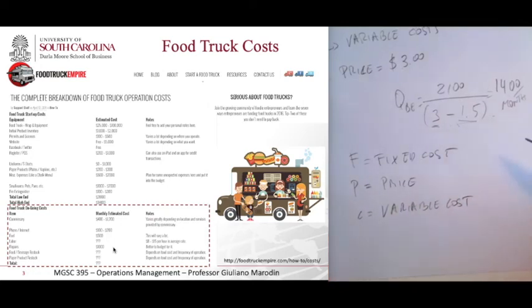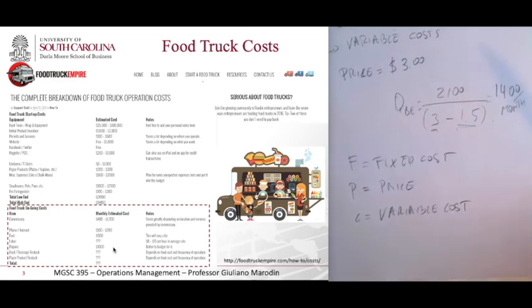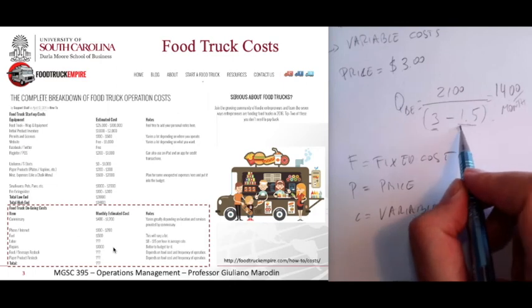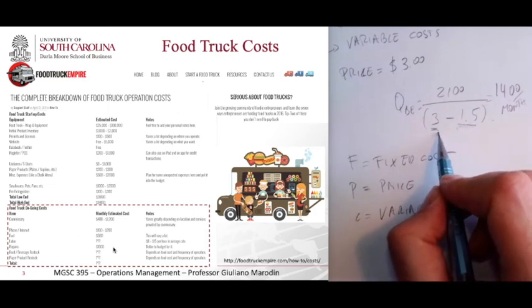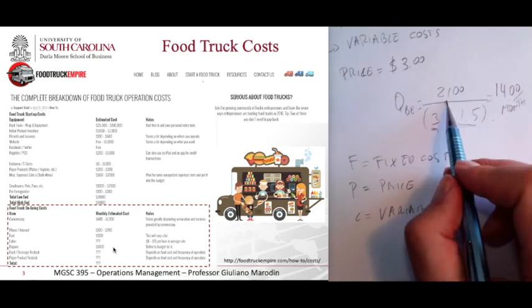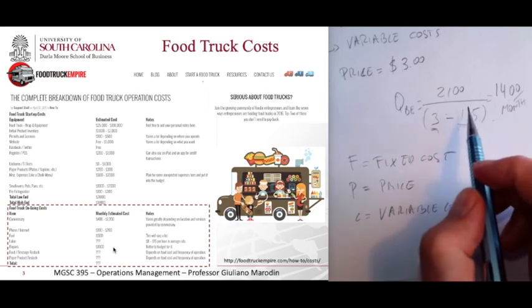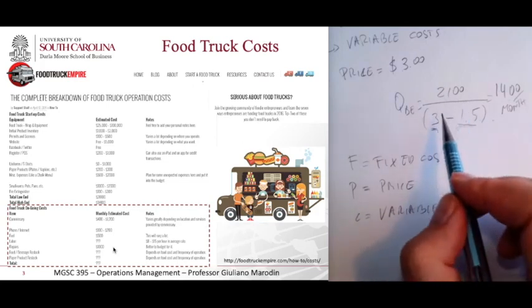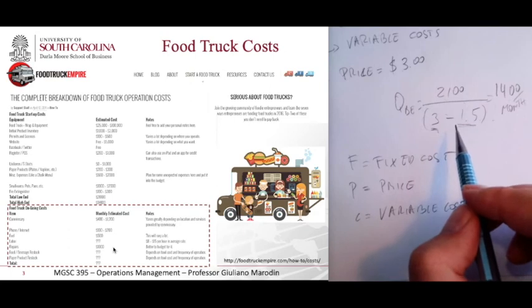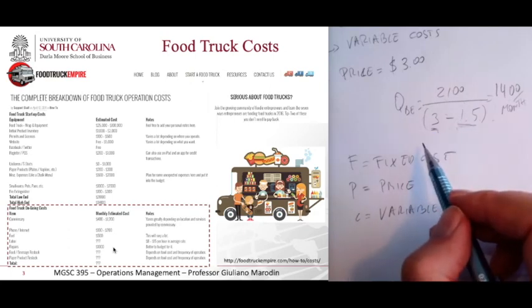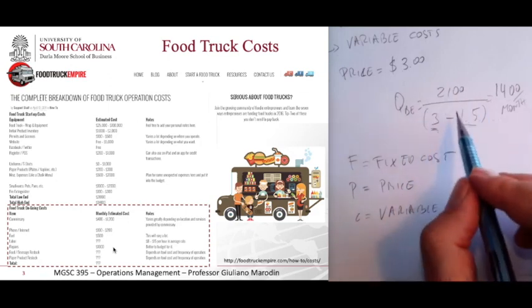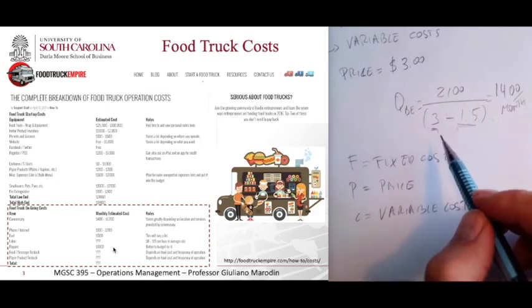So this math is pretty simple, right? I think maybe it's the easiest one we're going to learn in this course. It gives me the information about how many I should sell, and also what happens to my profit if I reduce the price? If I increase the price, what happens? If I reduce my fixed cost, what happens? So I can use this formula to study the impact of different options on my revenue, my profit, my cost, and especially my profit, right? That's what we want to know.